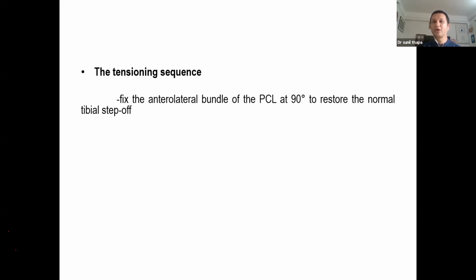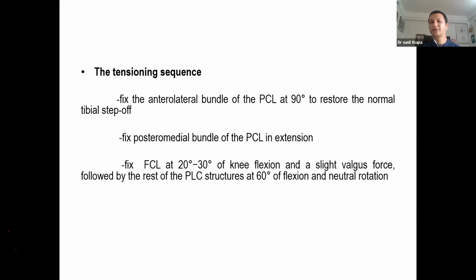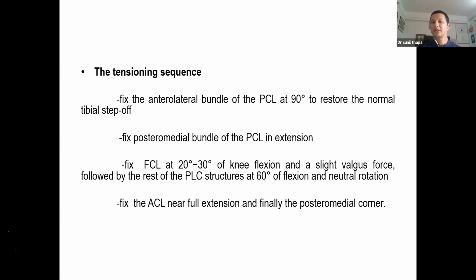posterolateral corner. So the best technique suggested, if we can follow it, is to fix the anterolateral bundle of PCL at 90 degree to restore the normal tibial step off, fix the posteromedial bundle of PCL in extension, then fix the fibular collateral in 20 to 30 degree of knee flexion with a slight valgus force, followed by the rest of the PLC structures in 60 degree of flexion and a neutral rotation, then fix ACL in near full extension, and finally the